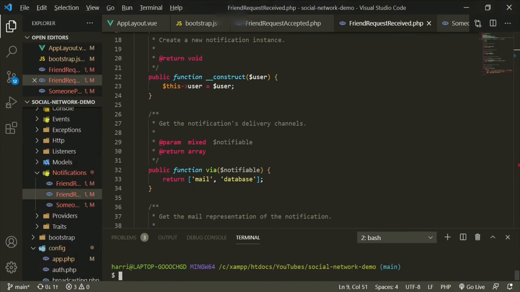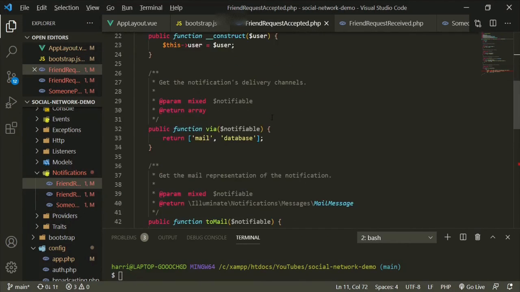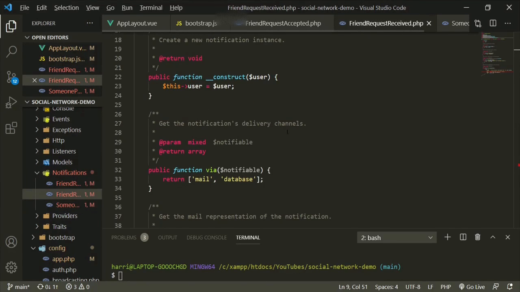But what we do need to do as well is in the friend request accepted notification, we also need to add broadcast to this one, and then we need to do the same thing in the received. So comma broadcast. Okay, then we can go ahead and restart the queue worker,